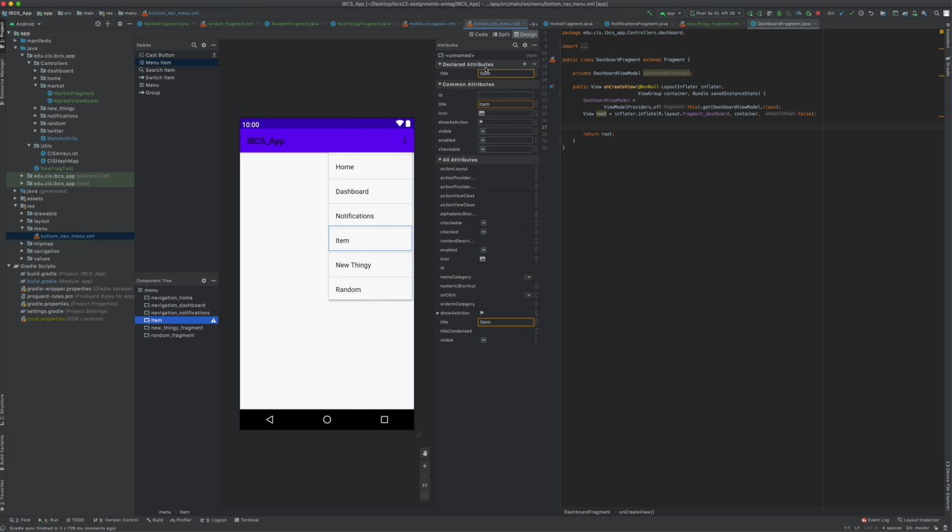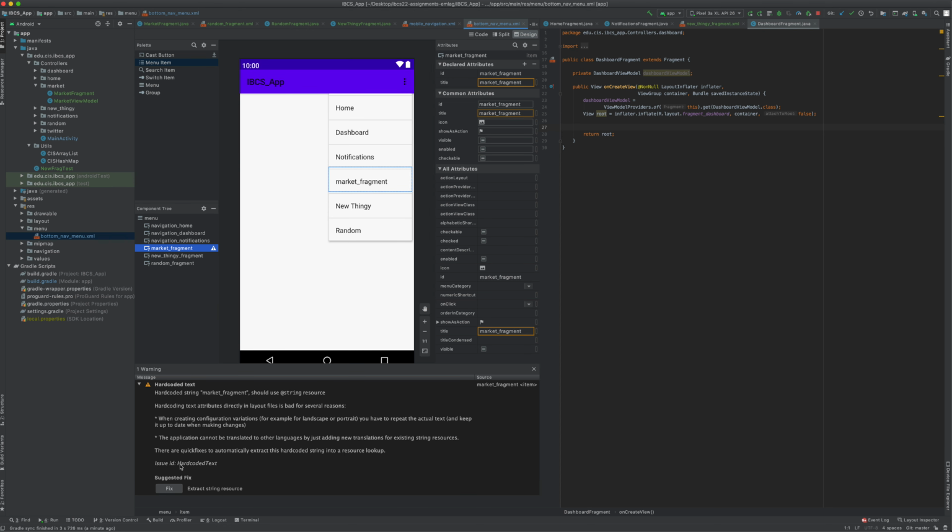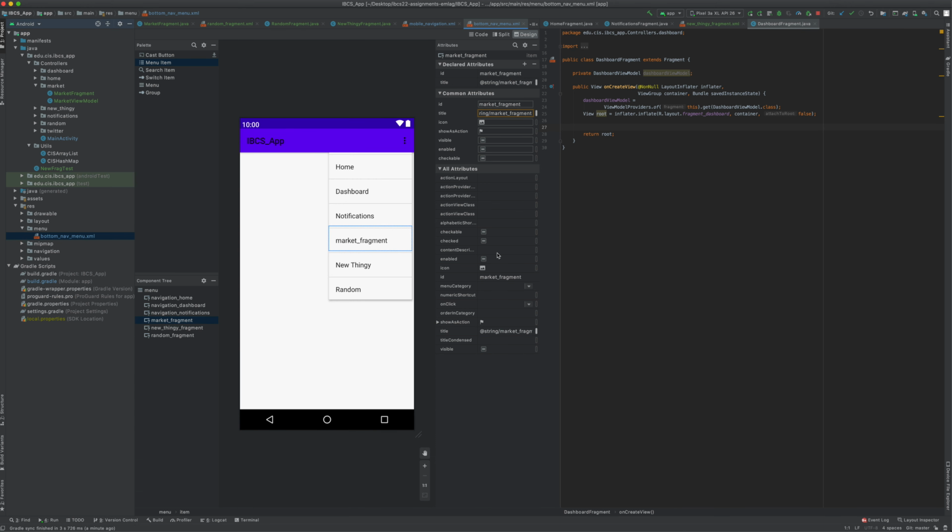I'm going to give it an item ID. In this case, again, keep it consistent, market fragment. Then I'll make sure that my ID is market fragment. And I'm going to fix these strings so they're not hard-coded. Go ahead and fix, click OK. Perfect. Now that I've added it here to my navigation,